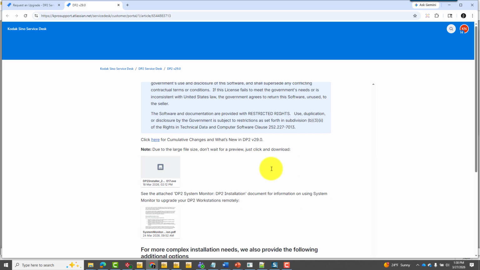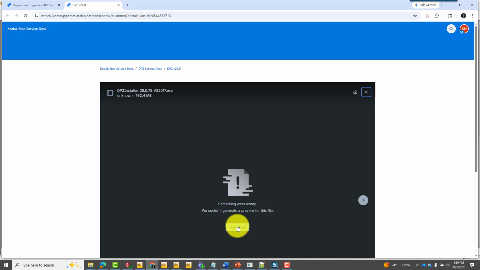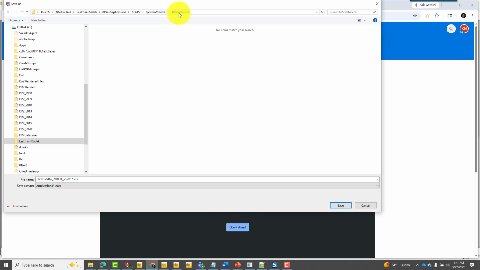So I'm going to go back up to the exe. That's the file that you're going to want to download, and we do recommend putting that in the right place. That location is your shared KPDP2 directory inside of System Monitor and inside of DP2 installers. If that folder is not there for you, likely if this is the first time you're going through this process, then that folder does not exist. So please create that folder, with no spaces in the DP2 installers folder name,